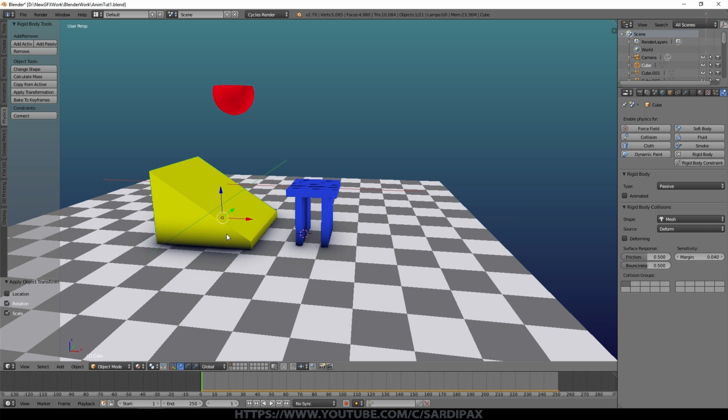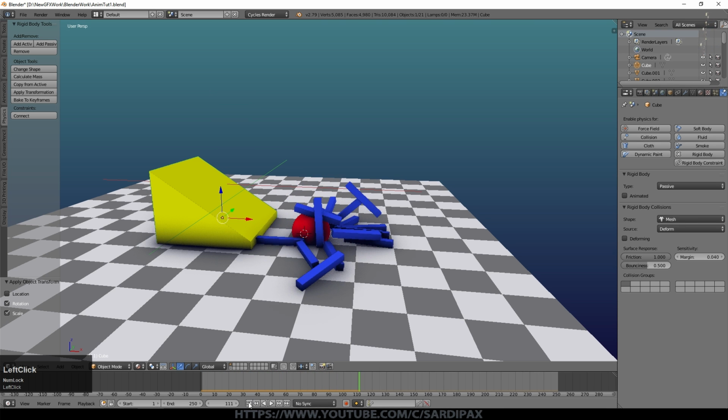A couple more things about the physics simulation. We also have the setting for friction. So if I set that up to maximum for the cheese shape, this block here, and press play, you can see that actually slowed that object a bit. Perhaps that slope's a bit too extreme to really show it. I'm going to set the bounciness down to 0 as well.